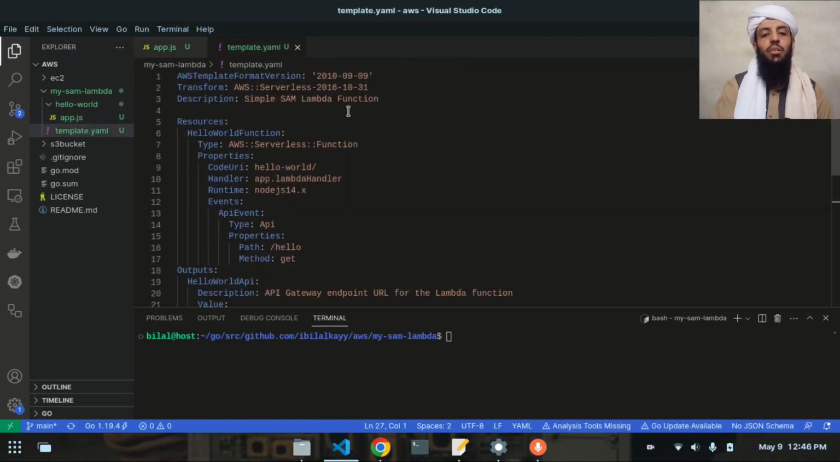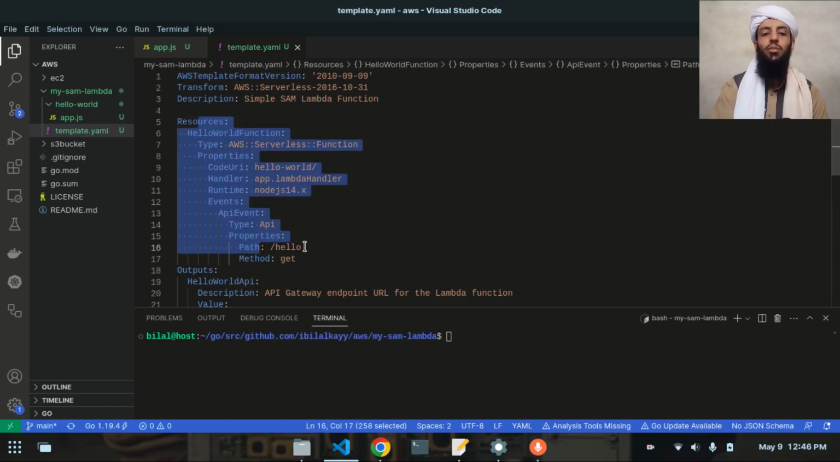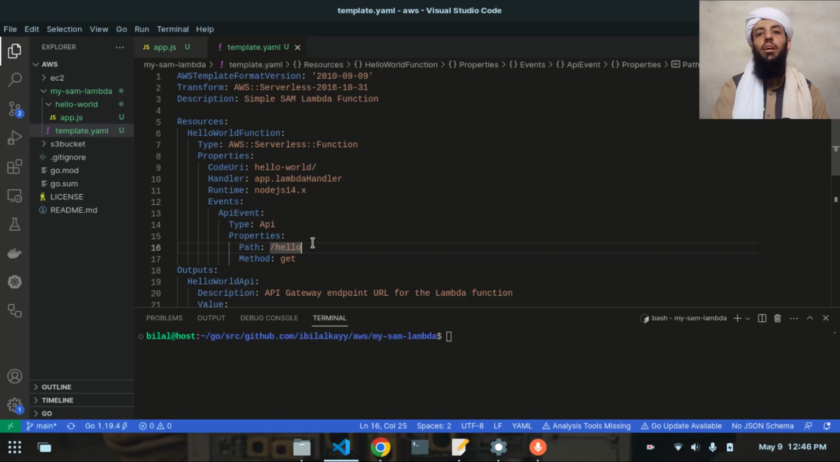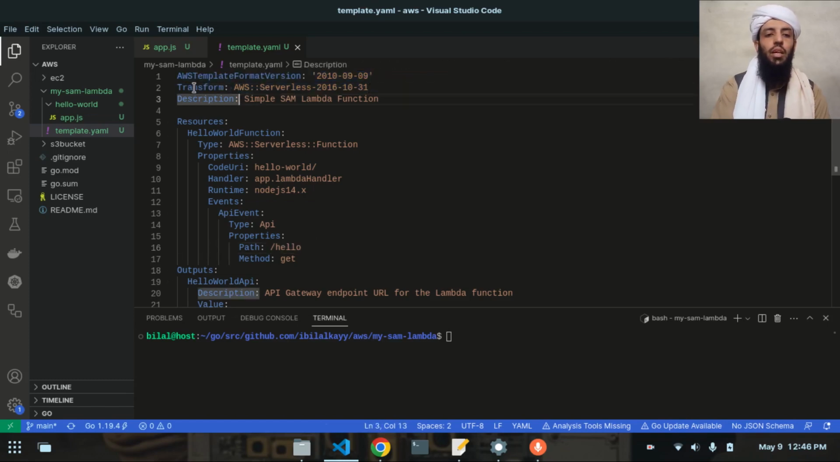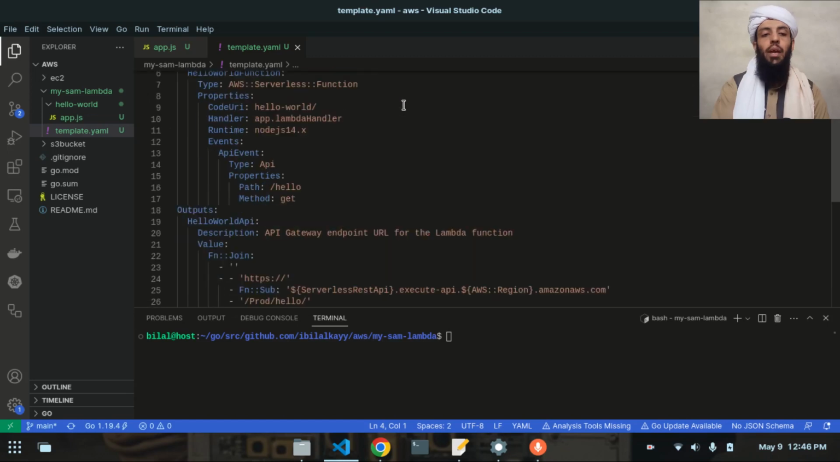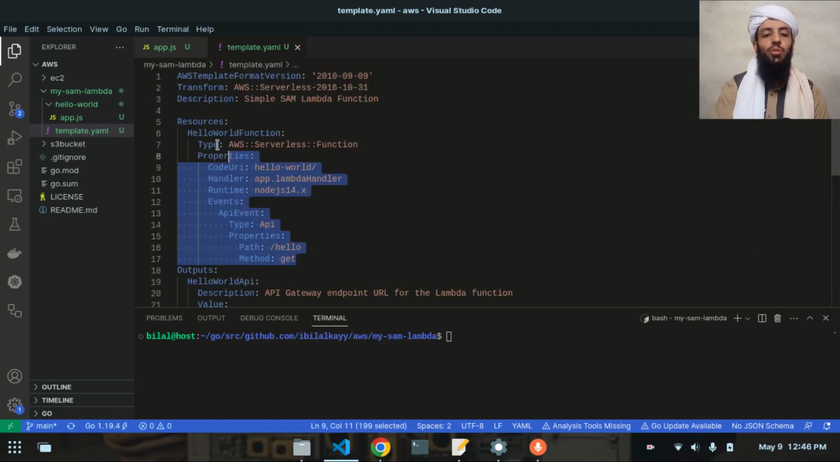What this template does is that inside this template there are some configurations and resources mentioned here. These are the resources that will be used in order to create the serverless application, and this is the version of it, the AWS template format version. This is the transform version of the AWS serverless, and this is the description of it, a simple SAM Lambda function. After that, these are the resources that will be used in AWS to make this application